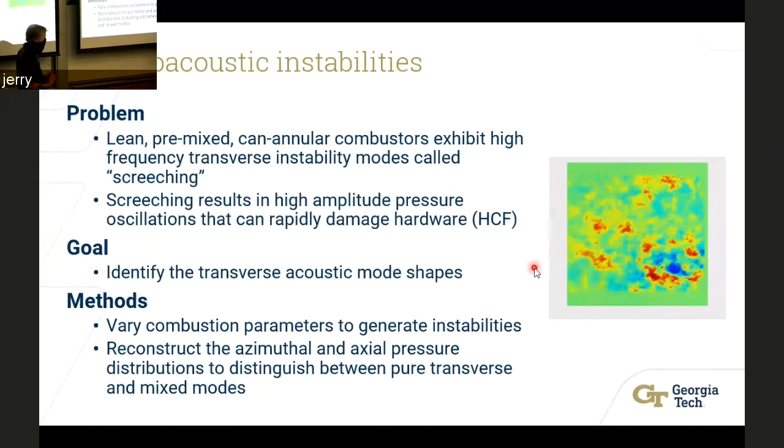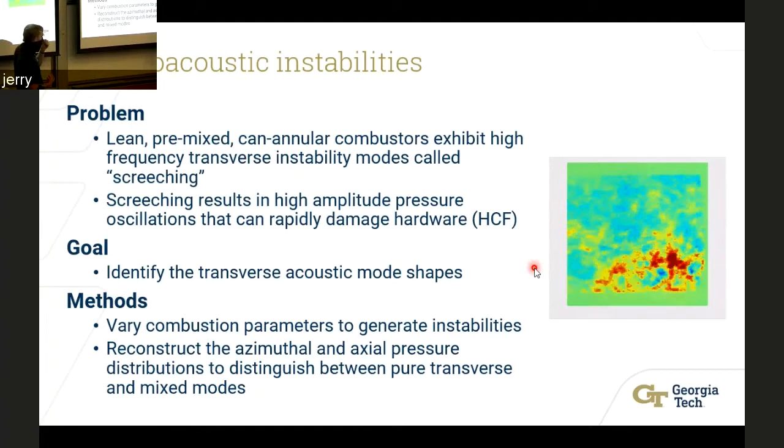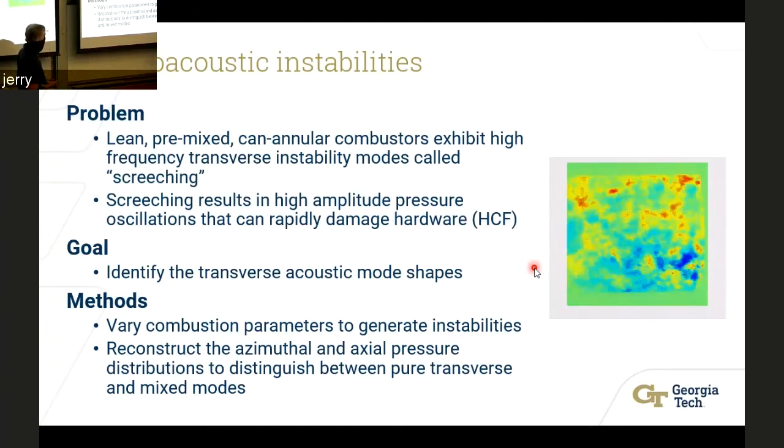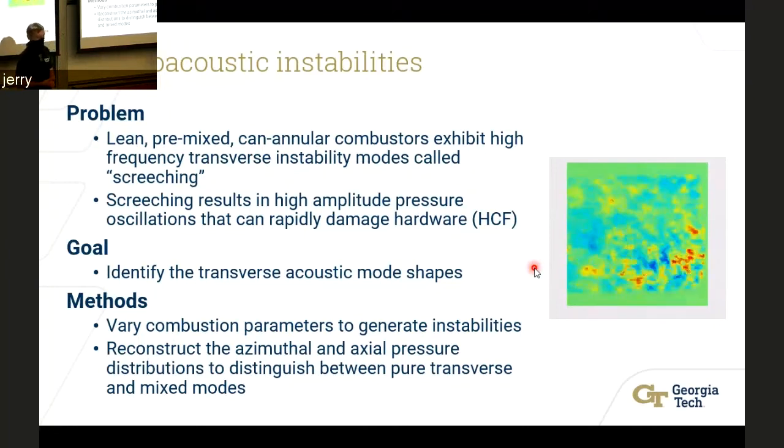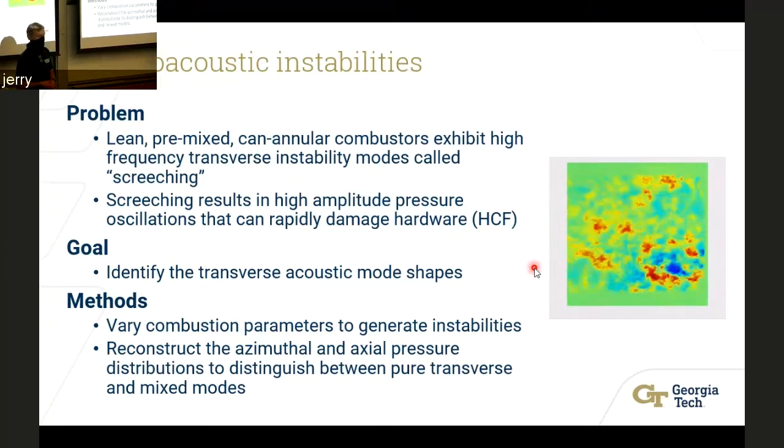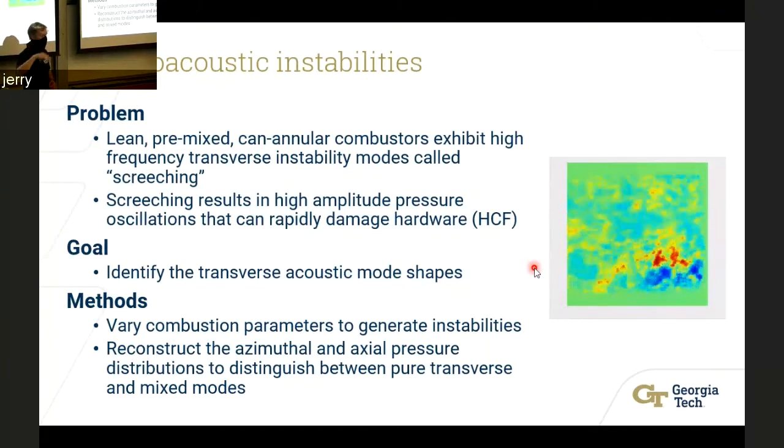So I always love to start off whenever I explain thermoacoustic instabilities with this diagram, this GIF, which was kindly provided by Jin-Won Kim. What you're looking at is a transverse mode, and what you're really looking at is the velocity, the flow plotted against the mean flow. So that's why you're seeing that oscillatory behavior there.